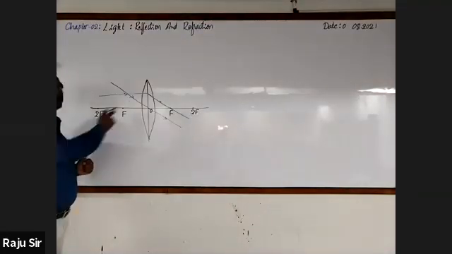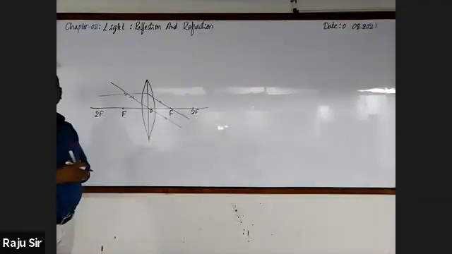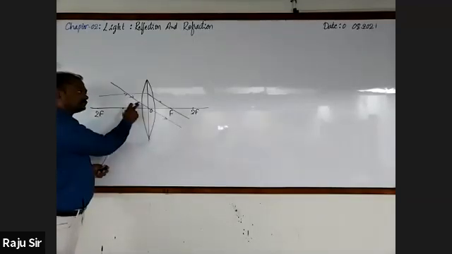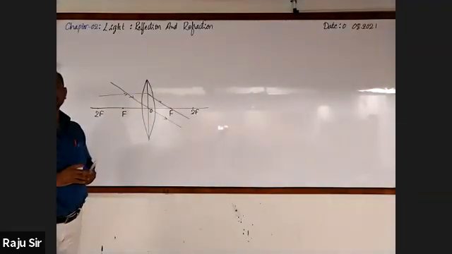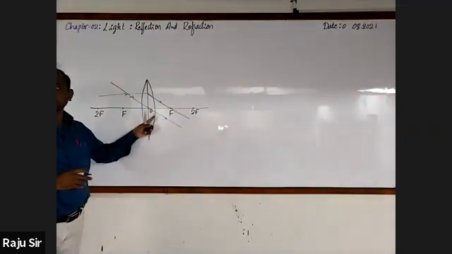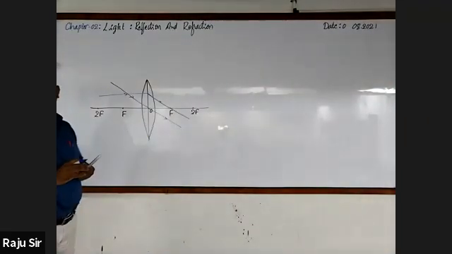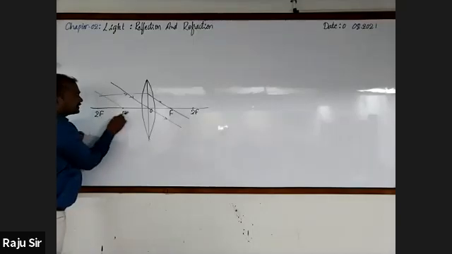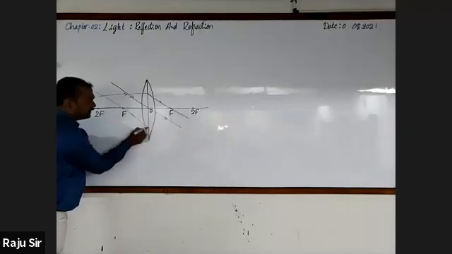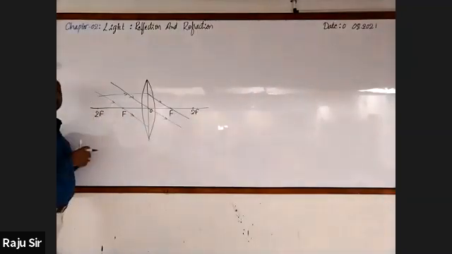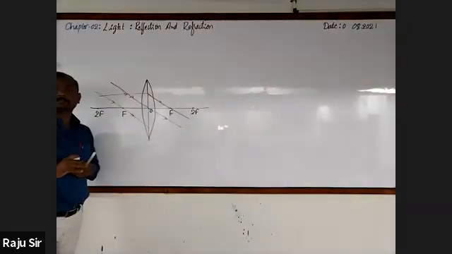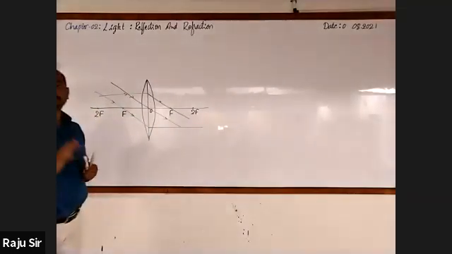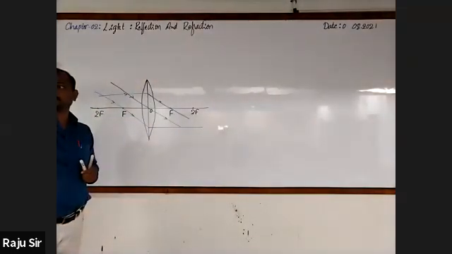If so, at what angle does the ray of light be incident on the surface of the lens? 90 degrees. What is the angle of incidence? 0 degrees. Angle of refraction? 0 degrees. Then a ray of light coming from the object passes through the focus, then it is incident on the lens. How will the refracted ray be? Yes, the refracted ray will be parallel to the principal axis. These are the three important rules.